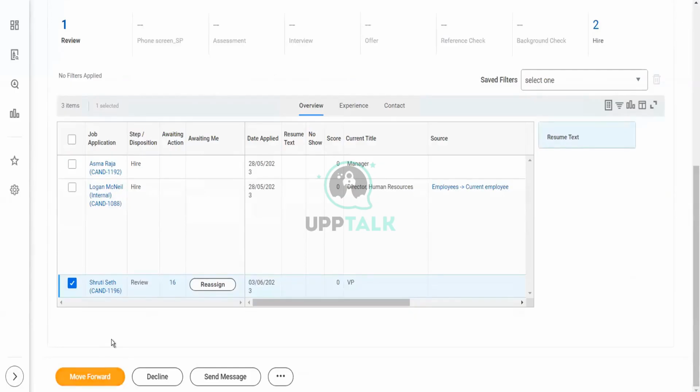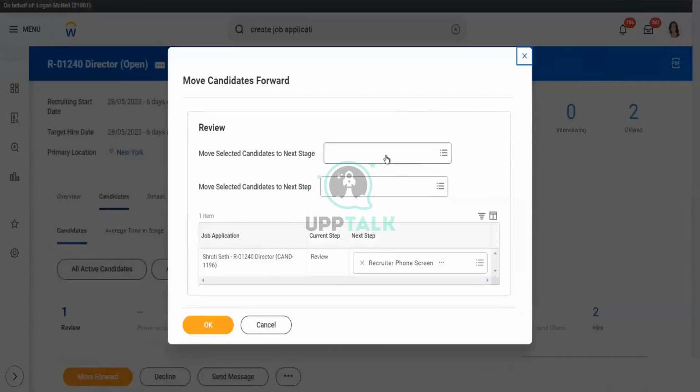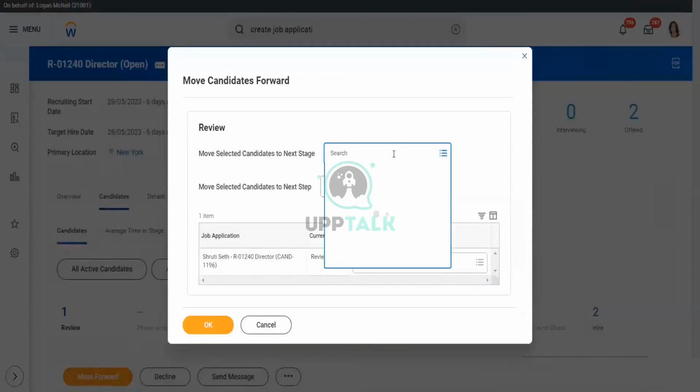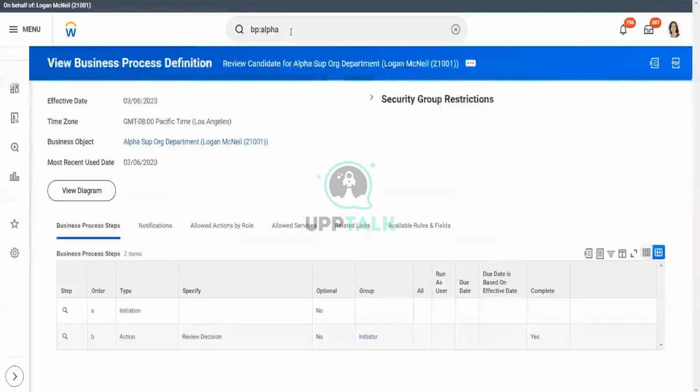These are all the job applications that were created before. I don't know why Logan McNeil came as a name. When we click on them, then we can move them forward if we select the checkbox on the top. If I click here, move forward, I would be able to move forward to the next stage. This is basically a little bit different. Here they are selecting the jobs, the candidate, next stage. For example, if I open the job application BP,